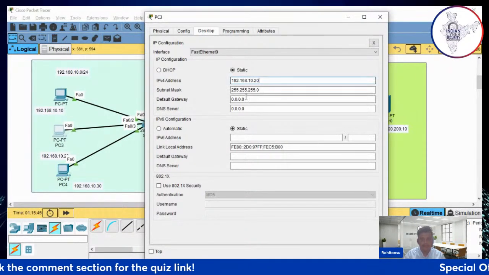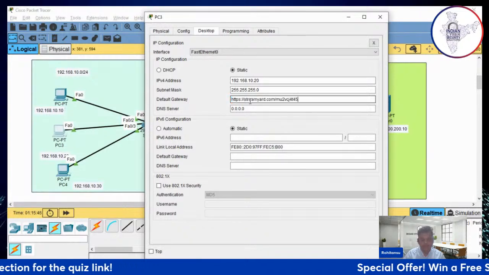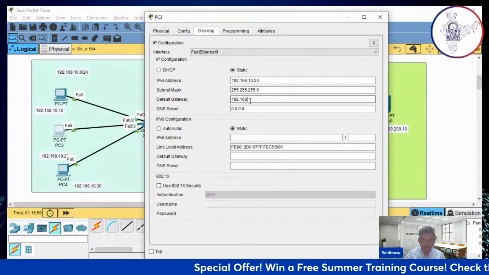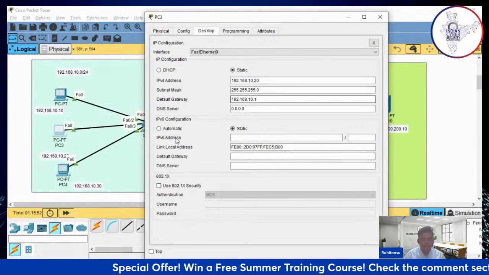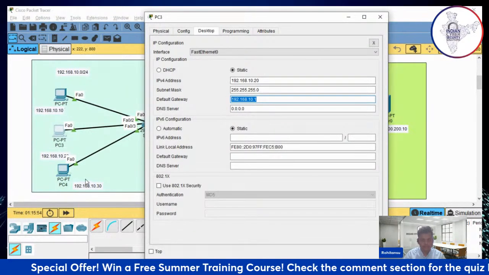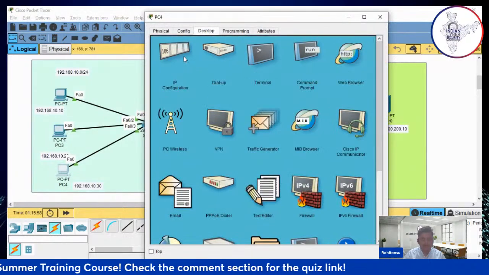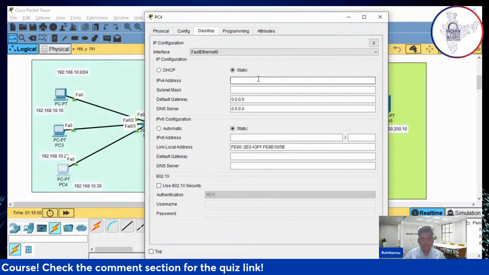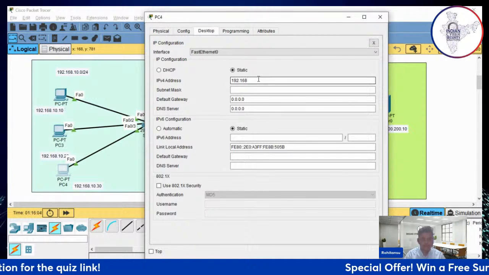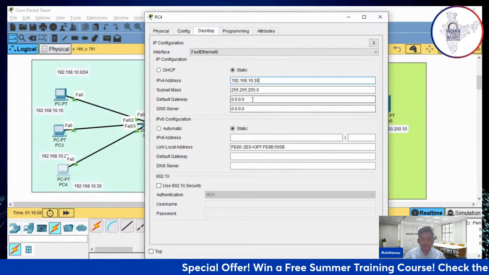192.168.10.20. Then this one is, oops, 192.168.10.1. Go to desktop, go to IP configuration, give the IP addresses again. 192.168.10.30.